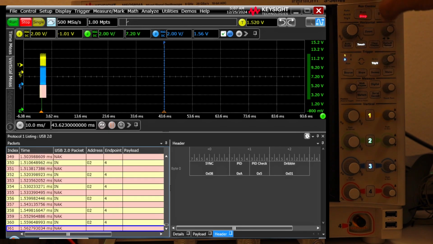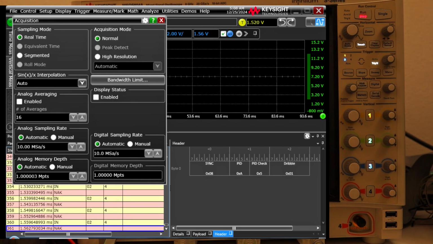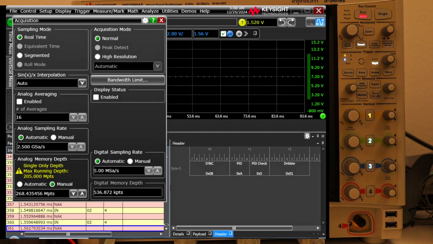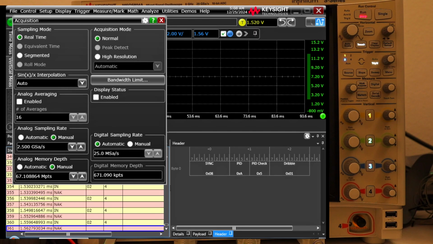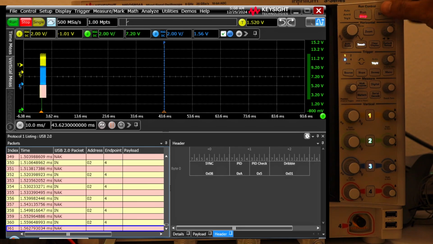As I told you, this oscilloscope has quite deep memory, so I'll set up the memory. This is automatic. We'll take the memory to manual. Maybe we'll set both of them to manual. The memory we will take around 134, and 2.5 gigasample per second is enough. We'll do a single trigger, and I'll transmit same A, and it did trigger, and now it's acquiring or maybe